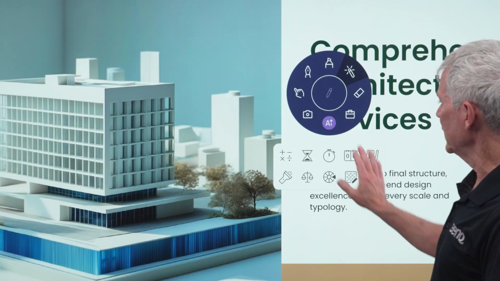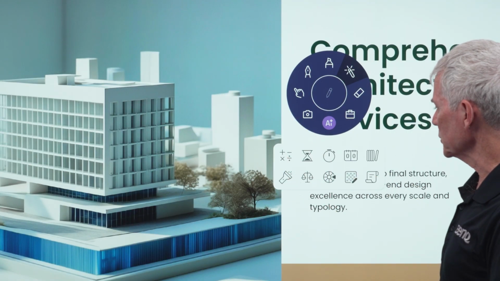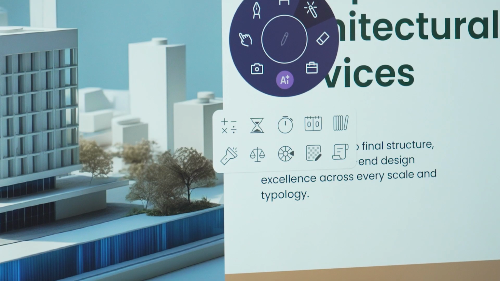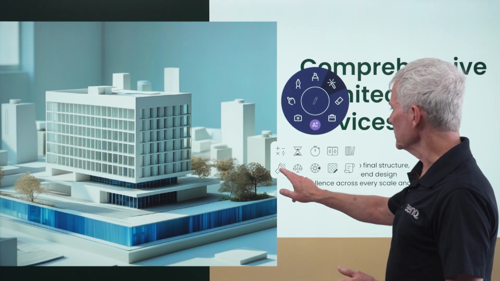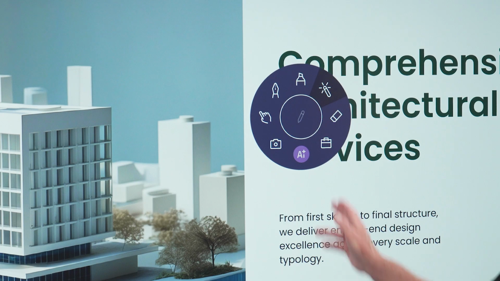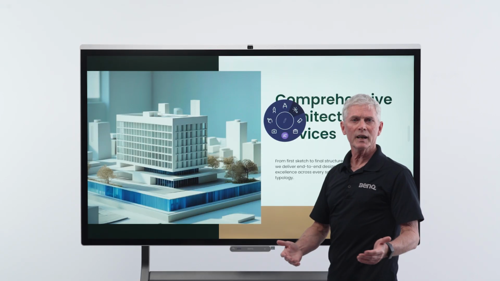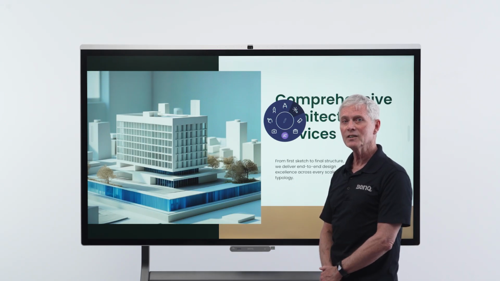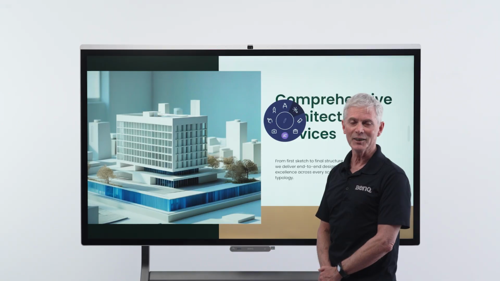Tap it to open it, and you'll see a variety of utilities available for use. In particular, a calculator, a unit converter, or our spotlight tool. To use any tool, simply tap it to open it, and then close it when you're done. Next, you'll see an AI button, which provides quick access to several built-in AI features. These are explored in greater detail in our dedicated AI features video.